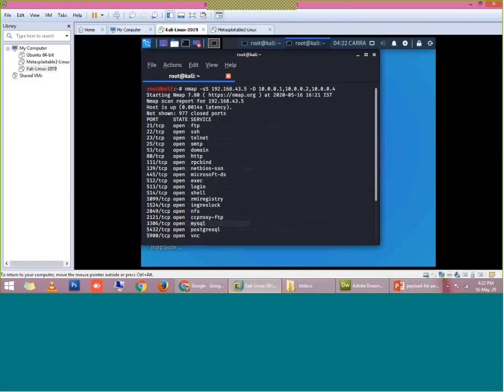So I will be convicted if they are able to locate my IP address, that from which IP address the attacker is scanning the network. Then definitely they are going to penalize me, right? So to hide my IP address, I can use this command. So this command is saying that Nmap will scan for complete services or ports, right? And D stands for decoy, right? So it will decoy my IP address, and it will show to the network administrator that a scan is being done from this IP address, right?